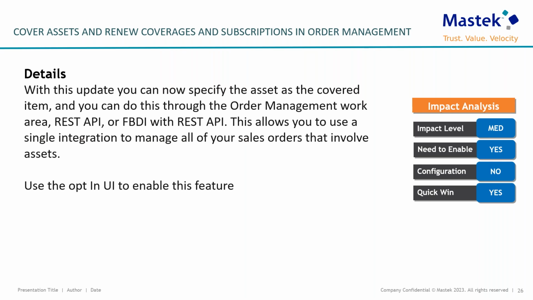You can conventionally use order management to renew your coverages and subscriptions via REST API. When your subscription is up for renewal, subscription management creates a draft subscription and sends a business event to notify the upstream system of the renewal. You can then negotiate and approve the renewal in your upstream system and subsequently send it to order management via REST API, along with references to the